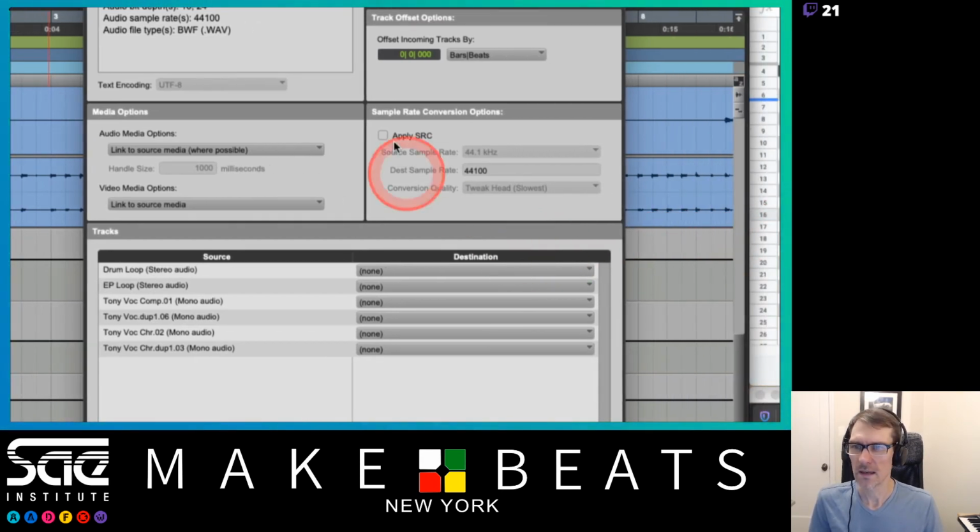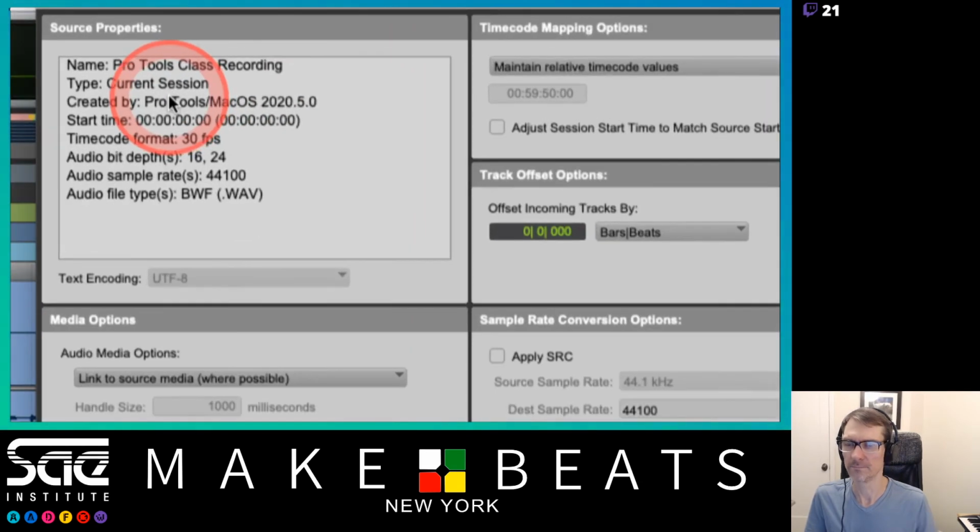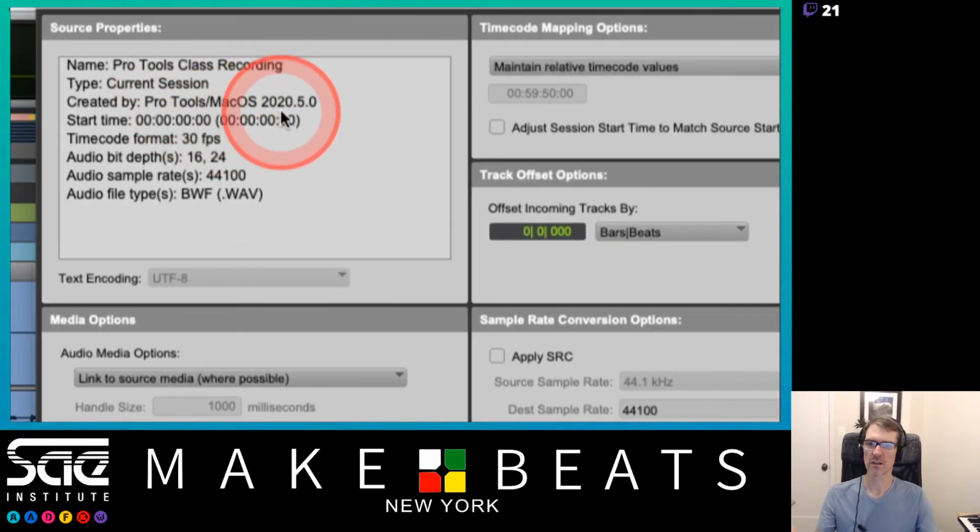All right, so in here, let's check out a few of our options. I'm going to zoom way in. First of all, the name is Pro Tools Clash Recording. This is basically showing you the session that we're importing from. What kind of session file type is it? It's a current session file. Basically anything from Pro Tools 10, 11, and 12 is all considered current. Created by, which one was it created by? Mac OS